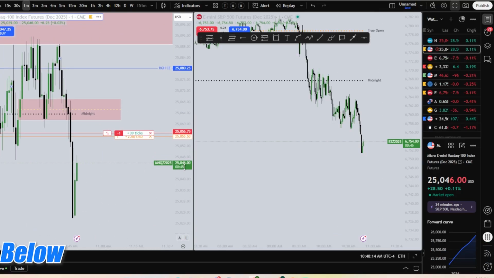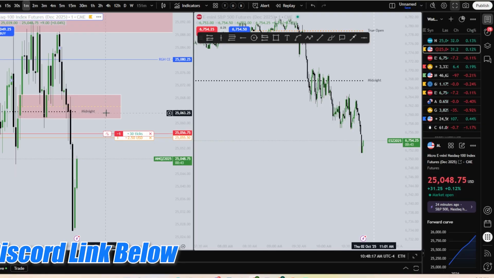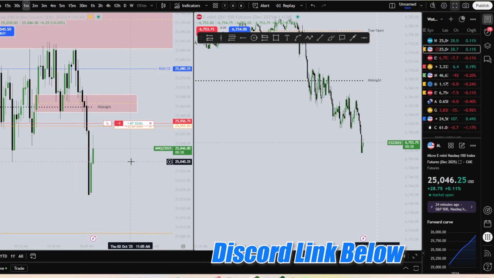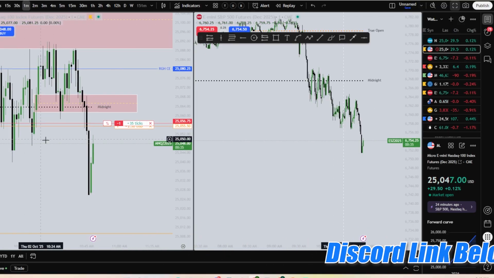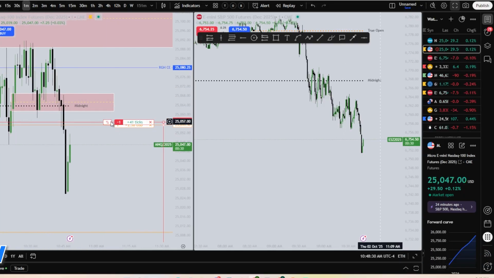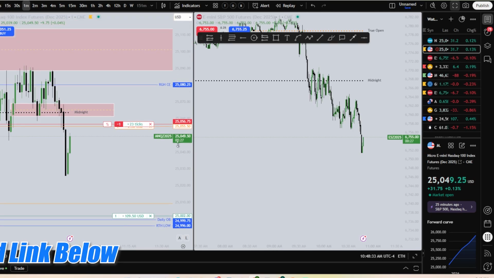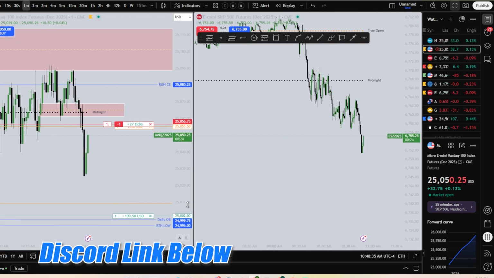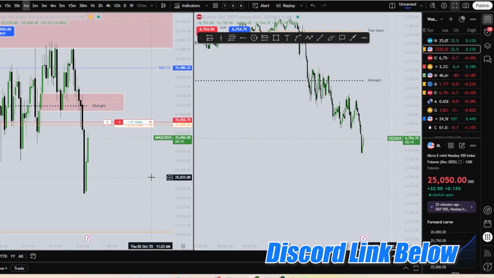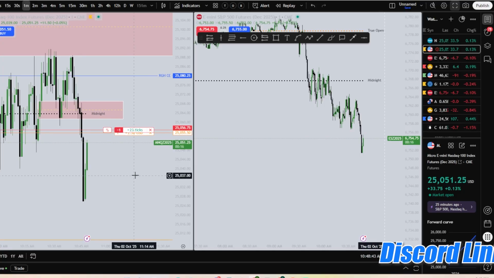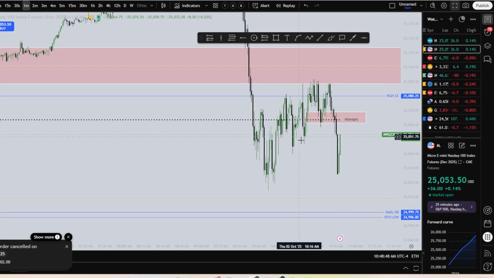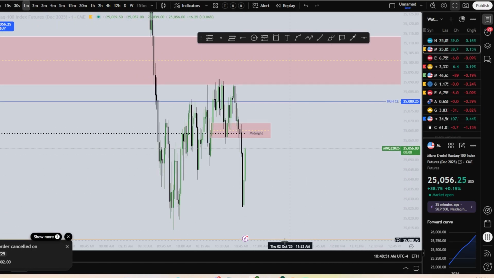Kind of like where I'm at. Wish it was a little bit higher. Ideally, right here, this suspension block, but we got a little breaker right here, so we could hold price right here, or block being a breaker. Ideally, but like I said, I don't want to be in the SMT if this is SMT. There we go. So